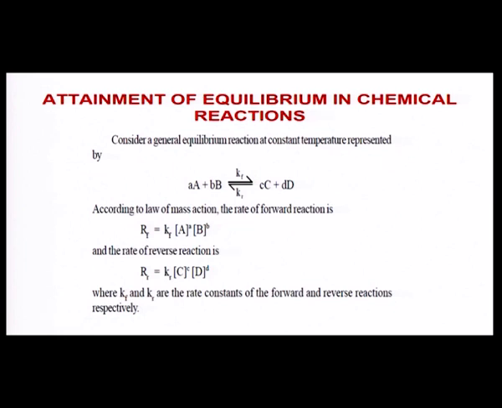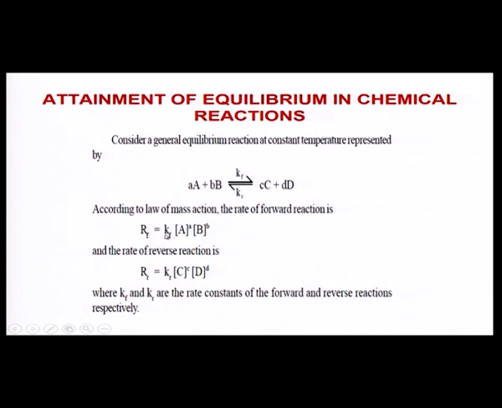By considering a general chemical reaction, we can arrive at an equilibrium constant value. Consider a general reaction in which two reactants, A and B, react to form the products C and D. The appropriate mole numbers are given as small a, b, c, d. And as per the law of mass action, which I mentioned just now, the rate of the forward reaction